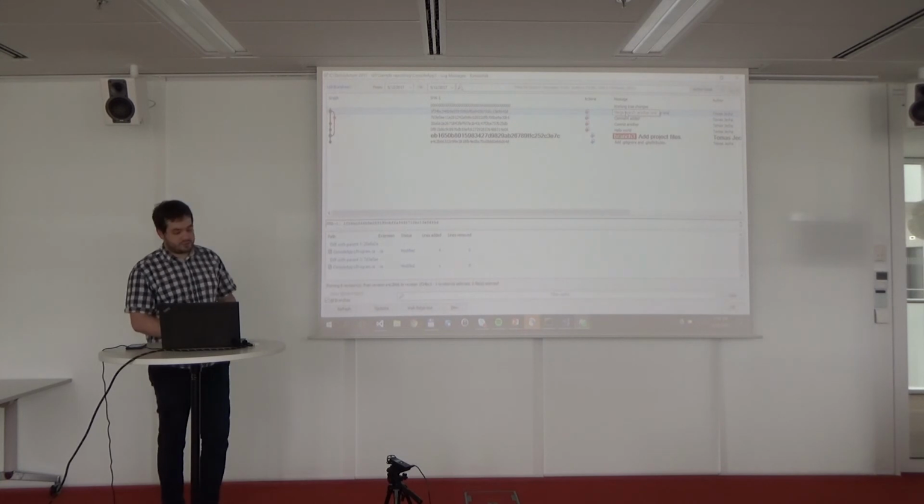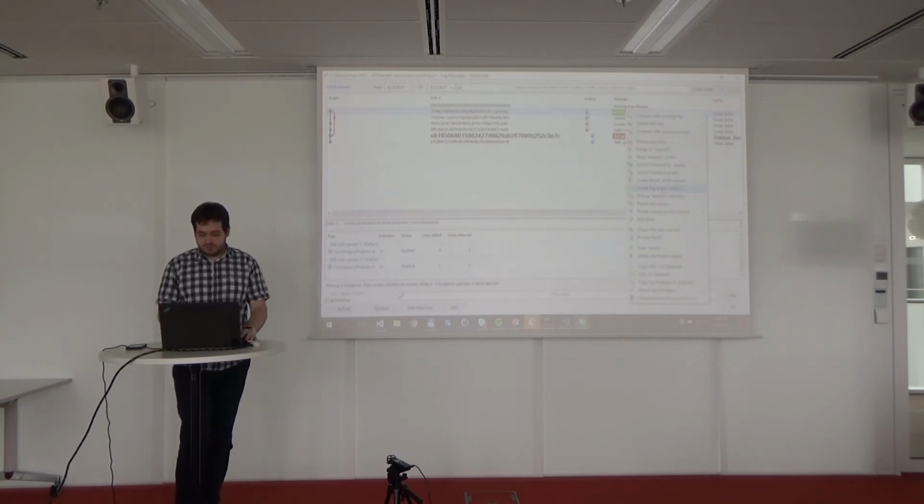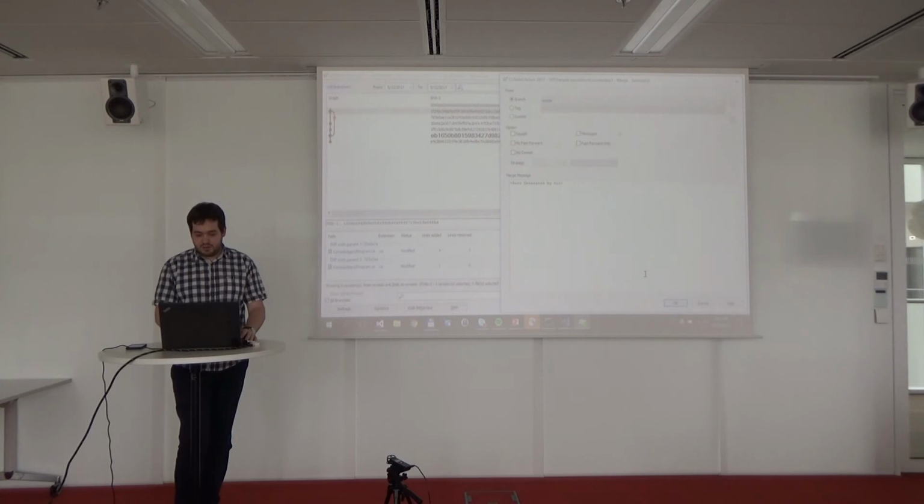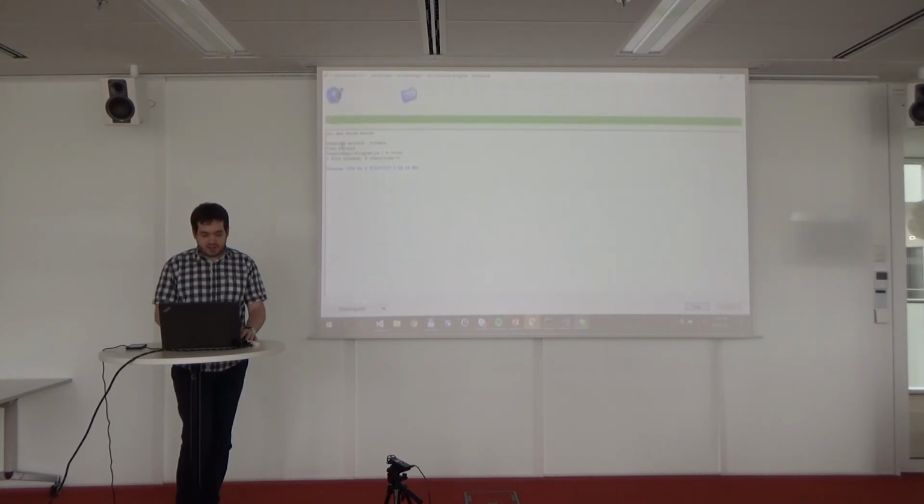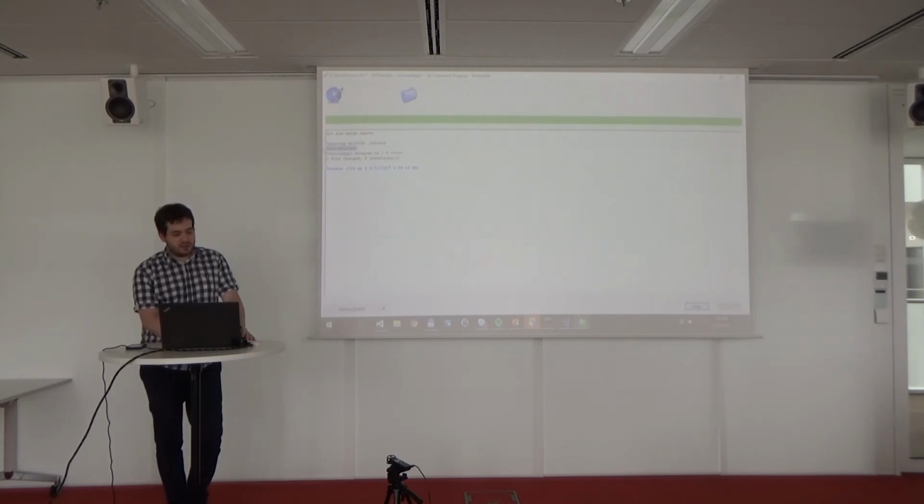So I will try to do the merge. So I will merge master to it, and I can see that here's the line fast forward, so the fast forward has been